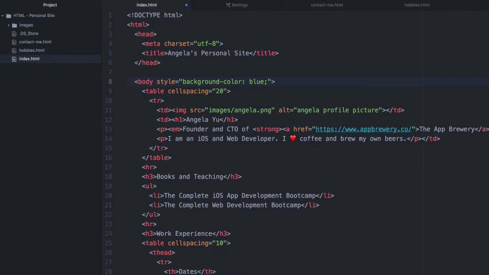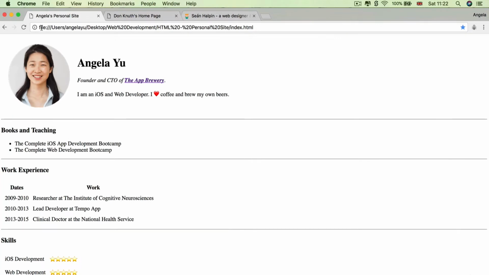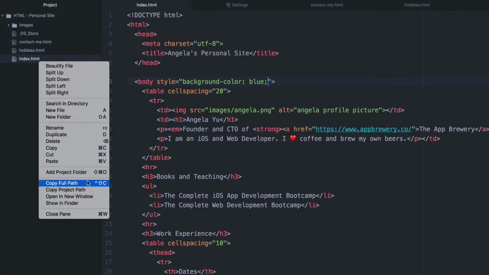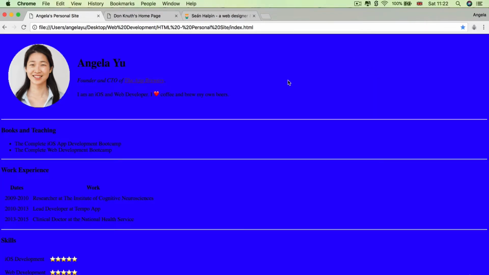And now if I hit save, and if I go back to my browser, and remember that we're working with the local file, not the one that you might have hosted on GitHub, but this is where our development is going to happen. So if you don't have it up, remember you can simply right click and go to copy full path and paste it in here in order to get to that website under development. So once you're here, then if you hit refresh, you'll see our CSS code being implemented, changing the entire background